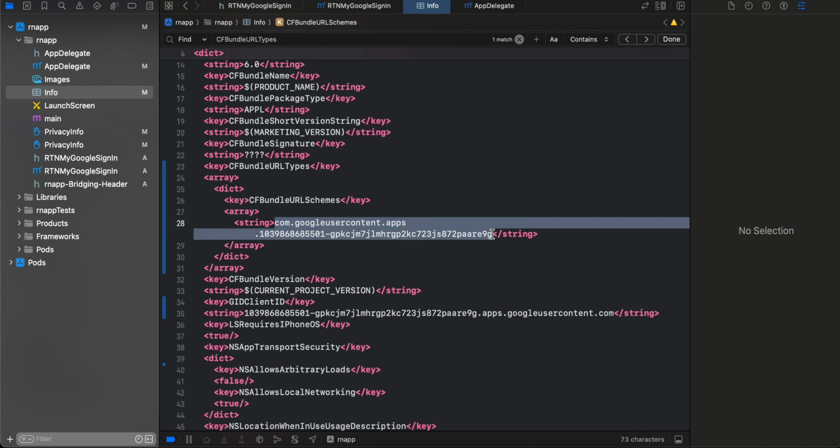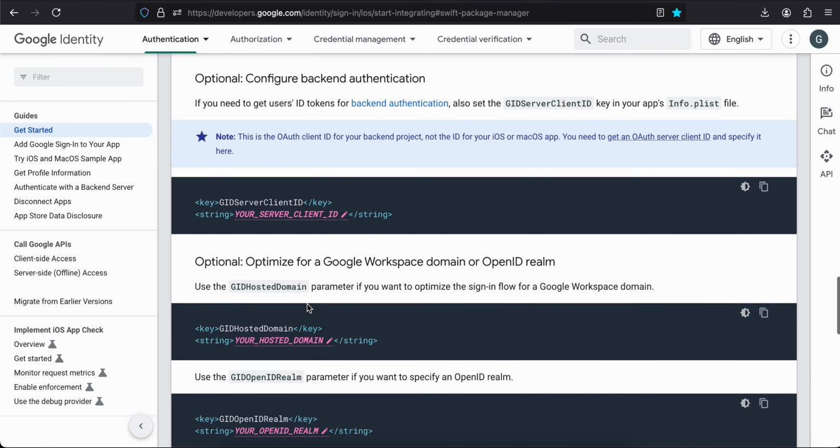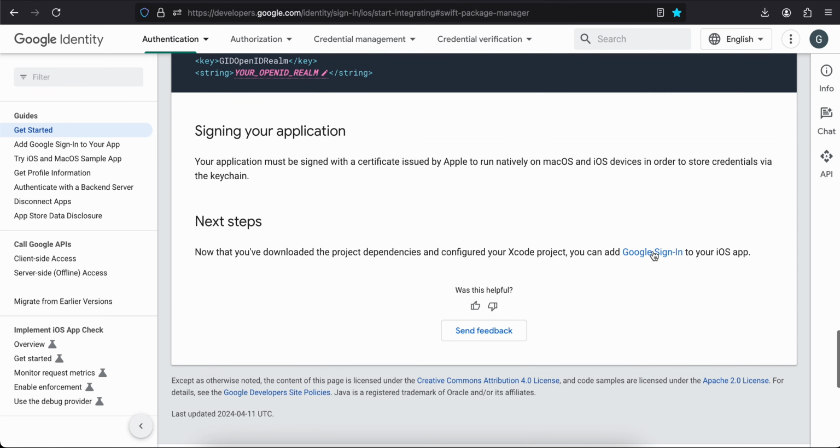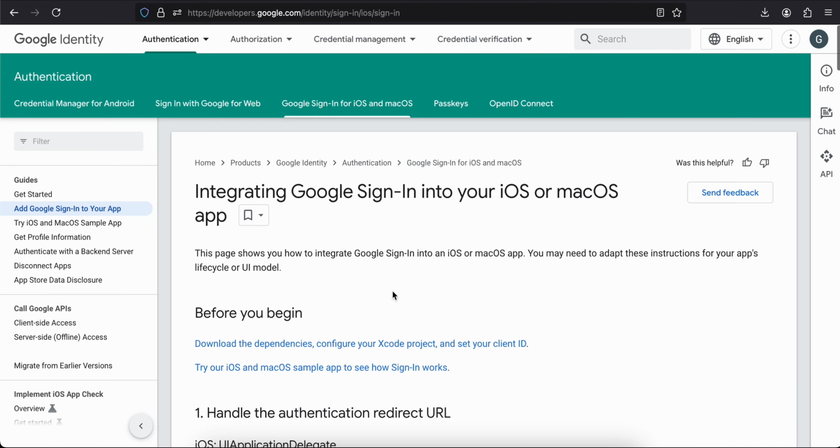So here you can see this is the thing, but this particular value should be the reverse of whatever you have for this value. So here you can see first is com, then is googleusercontent, then is apps, and then is this particular value. So make sure you reverse this particular value for this particular thing. Okay, once this is done, I'm not really doing this, so I'll just go to add Google SignIn, and here